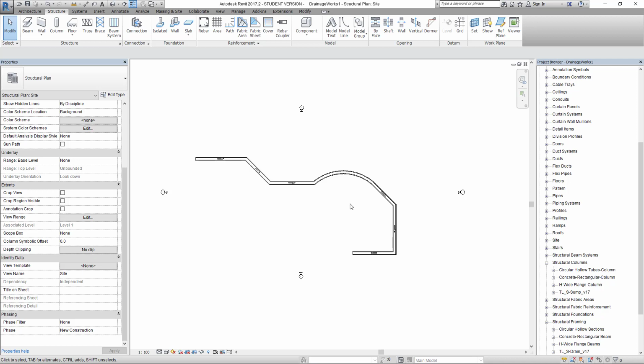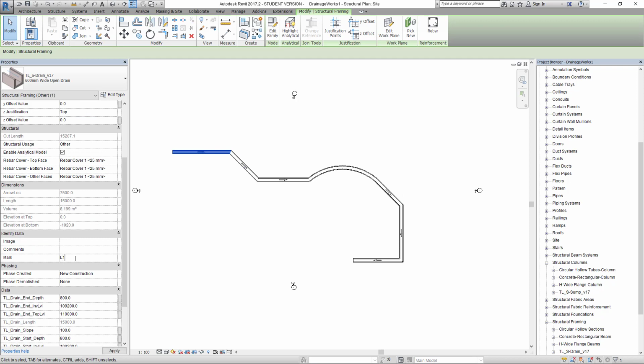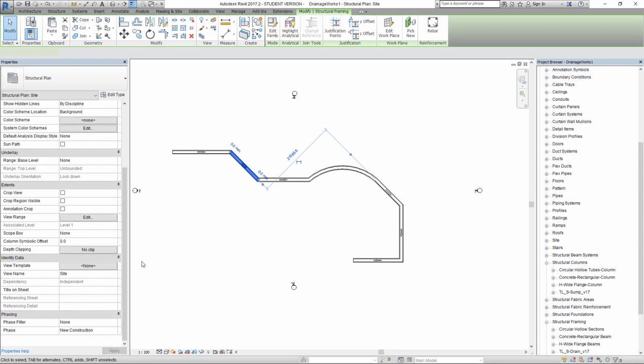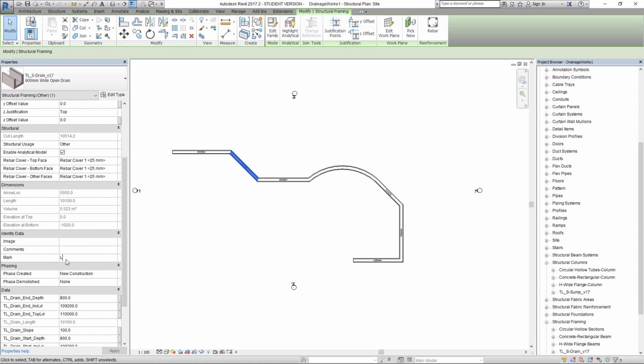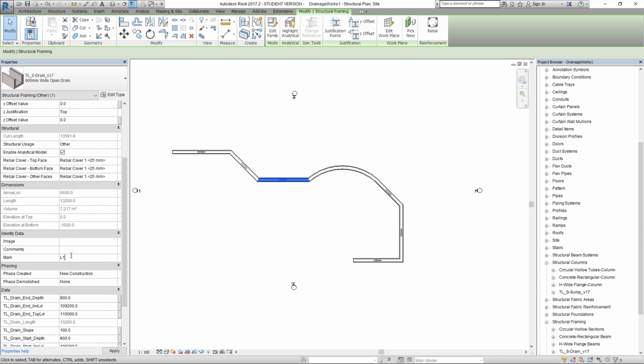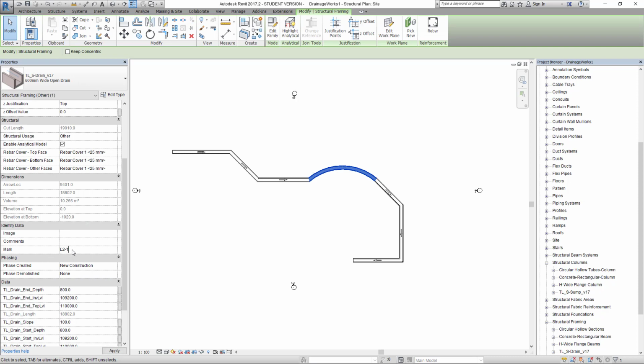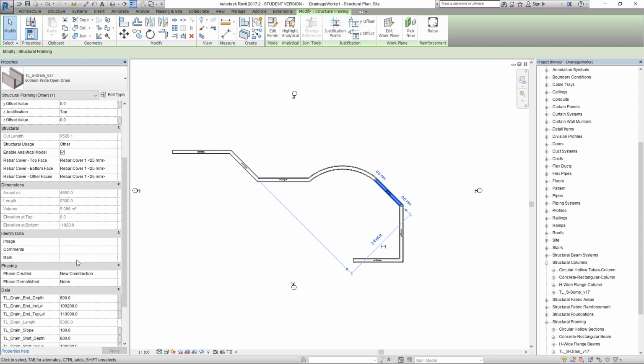So now what we need to do is give the name for the drains. We will give this one L1-1. This one will be L1-2. This one will be L1-3. Come to this one, we'll make it L2-1. This one L2-2, and this one will be L3-1, and this one will be